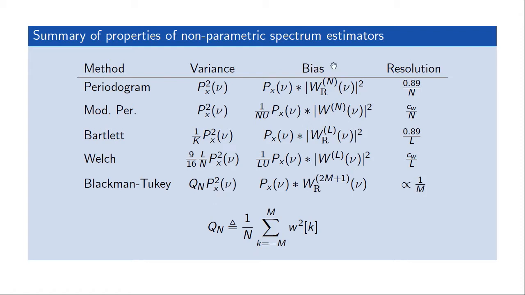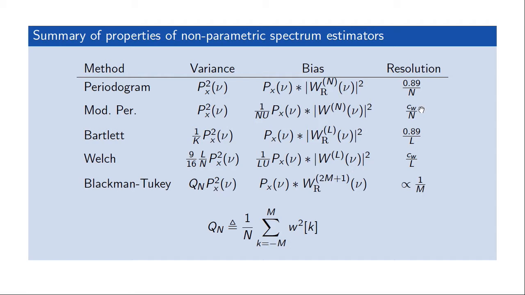In terms of the bias, we'll have that the periodogram, the modified periodogram, Bartlett and Welch will have a bias which is explained by a convolution of the true power spectral density with this window function. So the length of the window function in the time domain will determine the spectral properties of the bias term here, and also the resolution. So for the periodogram and the modified periodogram, the resolution will be 1 over the number of samples times some